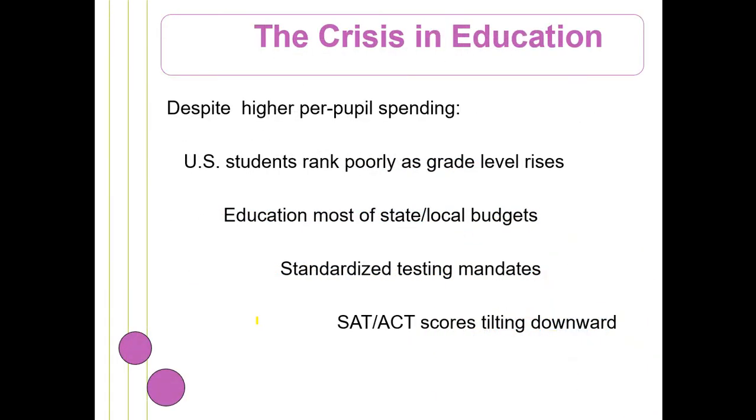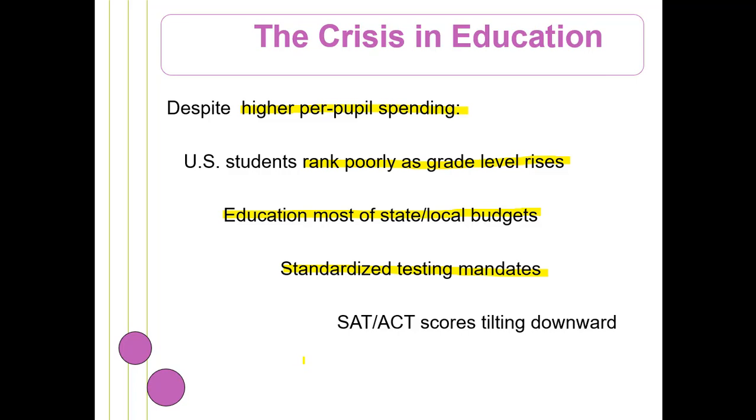So despite the United States' higher per pupil spending, when you look at comparisons across the world, United States students rank poorly, particularly as grade level rises. We'll look at some numbers here in a minute. Education, as I said, is the largest expense of state and local budgets, and we have had mandatory standardized testing for a long time, but there's also been increasing standardized testing in addition to the SAT and ACT, more or less annual performance assessments, that sort of thing,